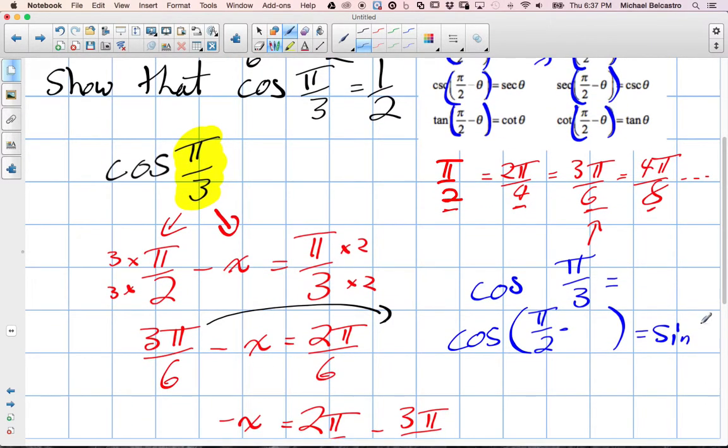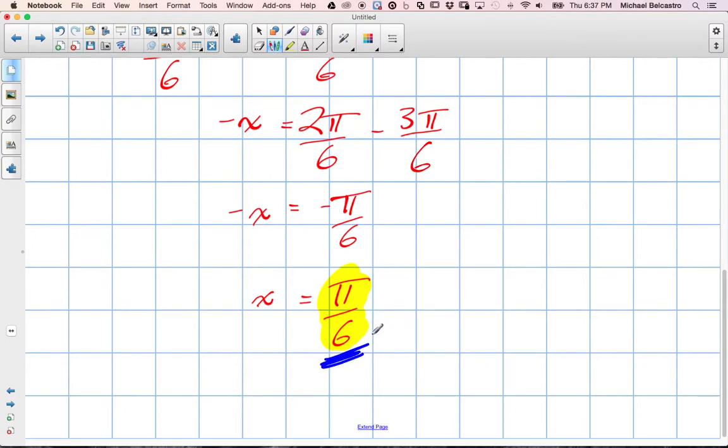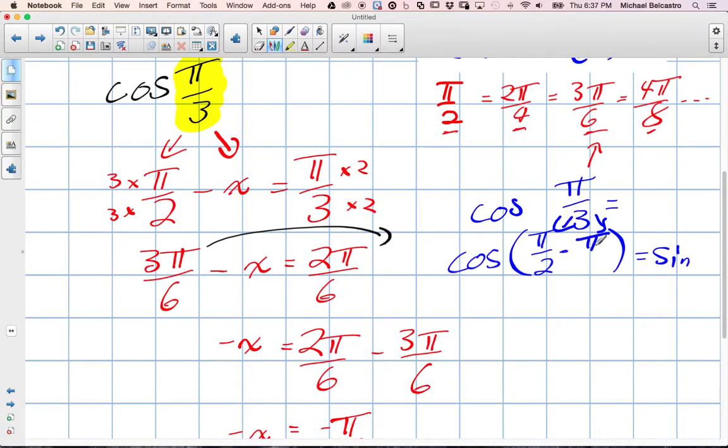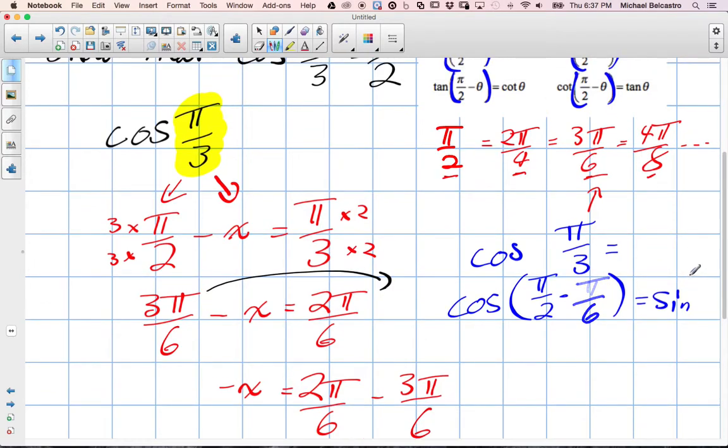We could do it to make this pi over 6, which means we'd have to be 100% confident that this is pi over 6. And there might have been more steps. For instance, when we split this, okay, we split this into 2 terms. And if you notice, if we go down to the bottom, our missing term was pi over 6. So that's what would fit in here, would be our pi over 6. We know that pi over 2 minus pi over 6 will give us our sine pi over,